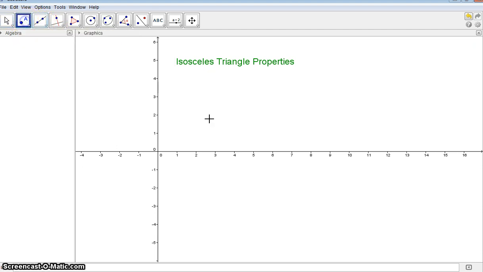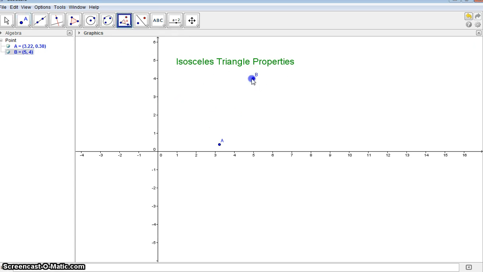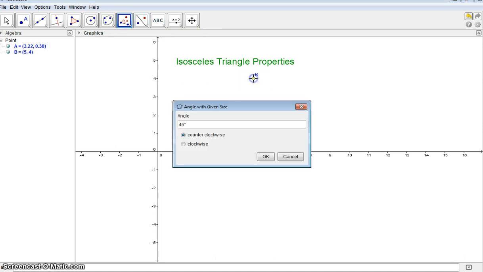I want an isosceles triangle that is not equilateral. So I'm going to ask for an angle that has a measure of kind of like the 72 that makes the pentagon, but let's use another randomly chosen number. So how about a 37-degree angle of the given size. So what are my directions? Select a leg point, then a vertex, then enter the size. Here's my leg point, here's my vertex,